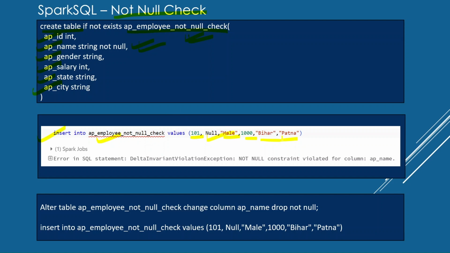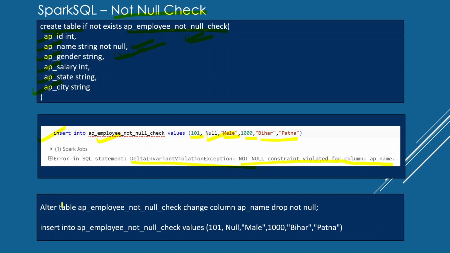Once we run this insert statement, it will give an exception saying that not null constraint violates the column AP name. That means we have implemented a not null check over this column and it is violating the constraint. That's why this insert statement will not take place.